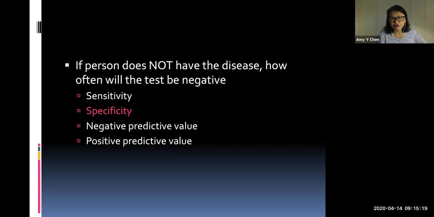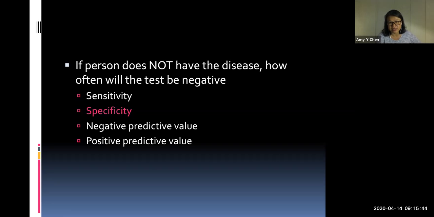So these two are important statistical criteria by which to guide how good the test is for your population. And especially with this SARS-CoV-2 testing discussion in the media right now,